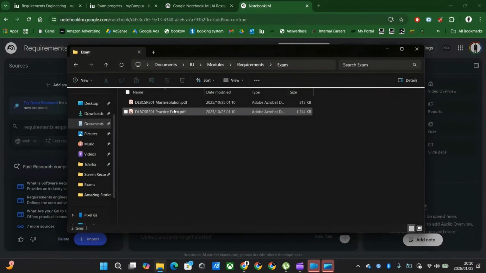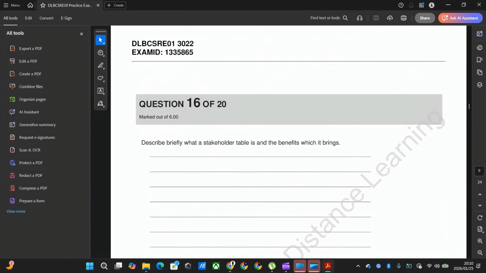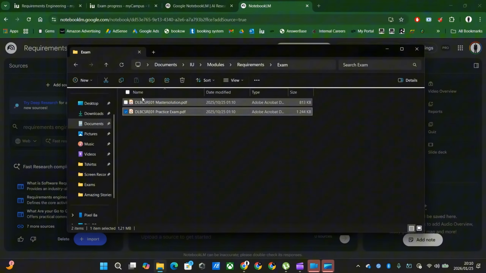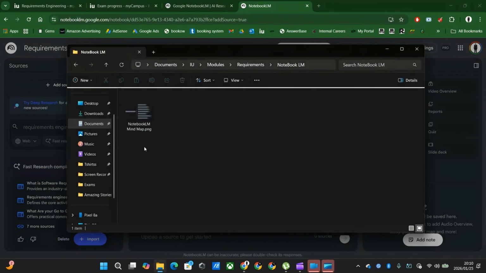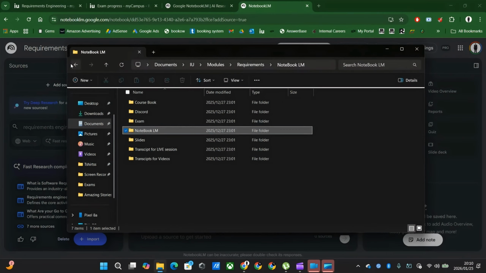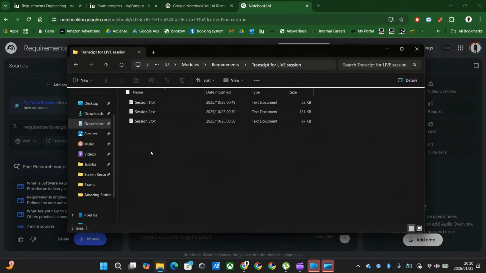Hey. I have the exam and the solutions to the exam, right? The exam and the solutions to the exam. I have NotebookLM. This was something that I already did from NotebookLM. I have the slides that I took from the course that were provided. I have transcripts. So